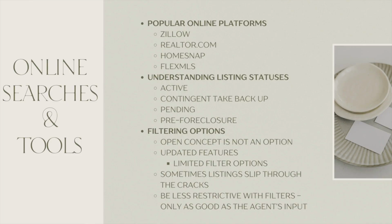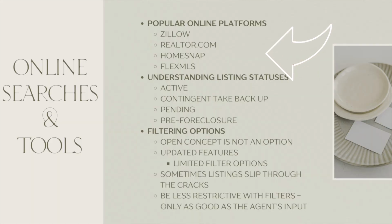All right, so the next thing we're going to talk about are online searches and tools available to you out there. Most people at this point are familiar with Zillow. That's a great app. It's easy to search. It's easy to use. Gives you pretty much real-time data. Realtor.com is another one. If you're working with us, once we go through this process, having this conversation about, hey, let's get your finances in order, let's see what you want in your home,